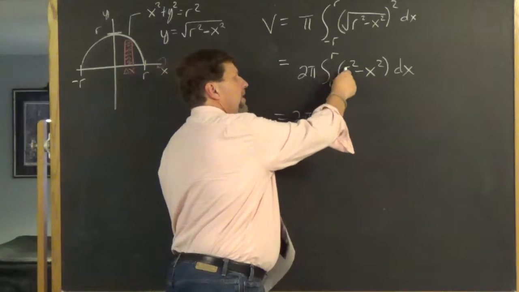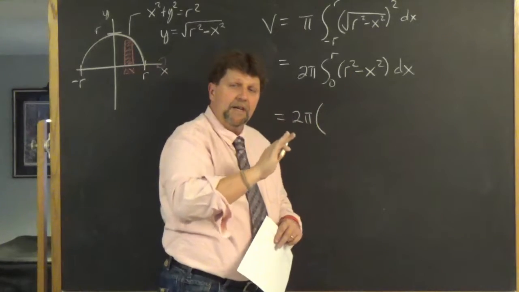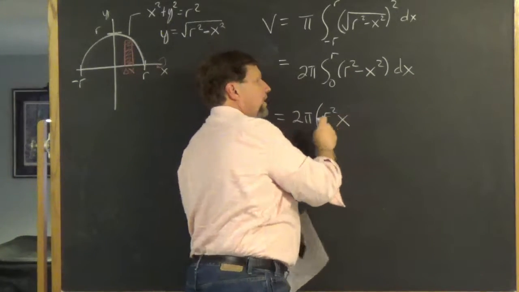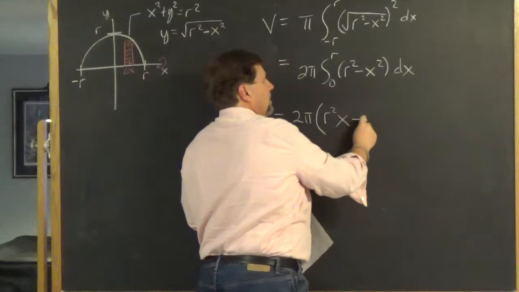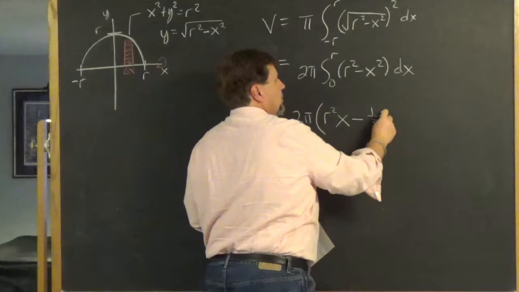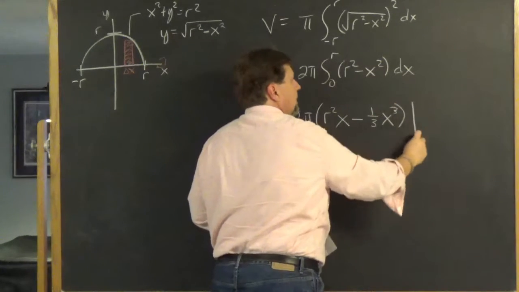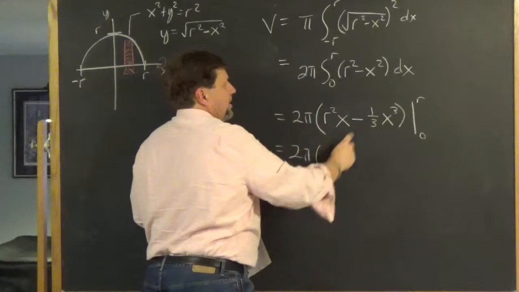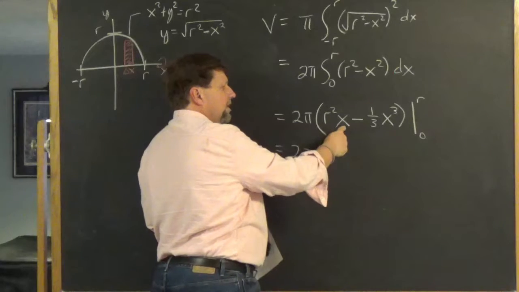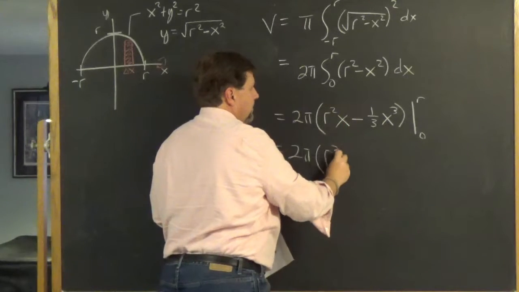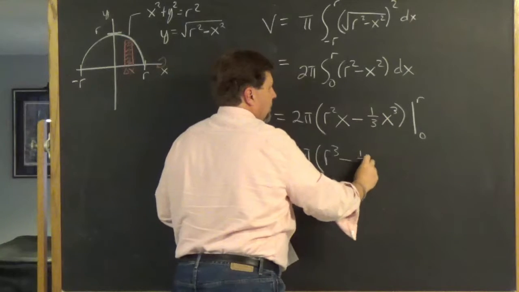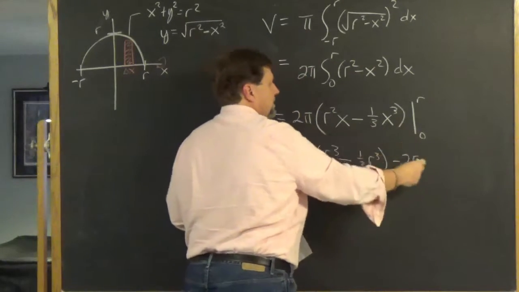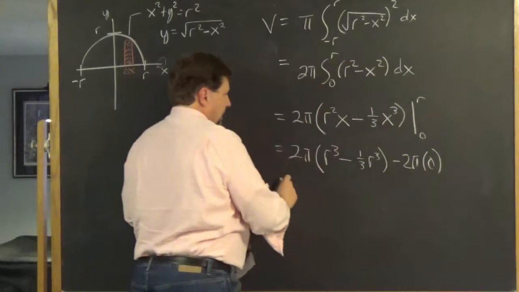For that reason, when you integrate r squared, which is a constant, with respect to x, you just get r squared times x. Minus, then the antiderivative of x squared is 1/3 x cubed. Now we get the limits of integration. We toss an r in for the x: r squared times r is r cubed, minus 1/3 r cubed. Then when we toss 0 in for the x's, we get 0, and we're left